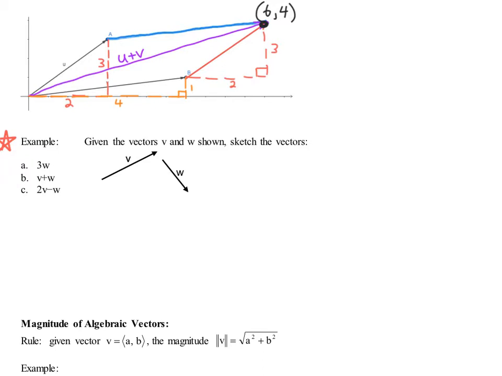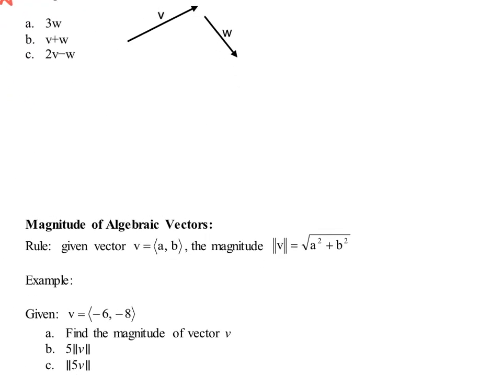The notation can be a little funky though, because u is a vector. A vector is not a scalar quantity. A magnitude is a scalar quantity. That's an actual distance. So u could never be equal to, in this case, the square root of 13. It would never be u equals that. It would be double-barred brackets around u equal to the square root of 13. So in terms of the notation,